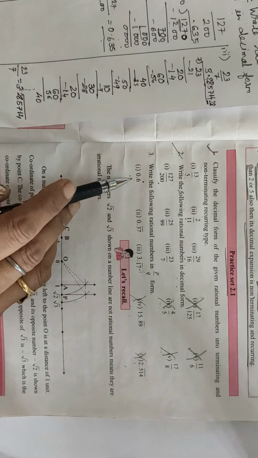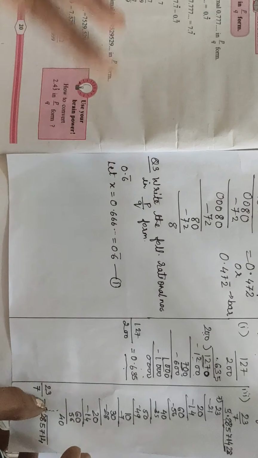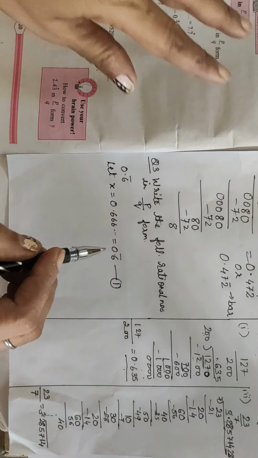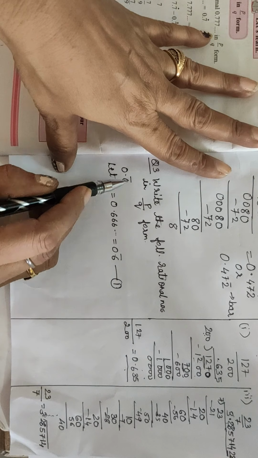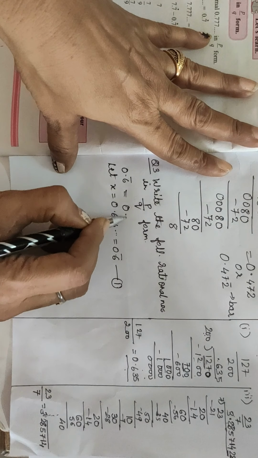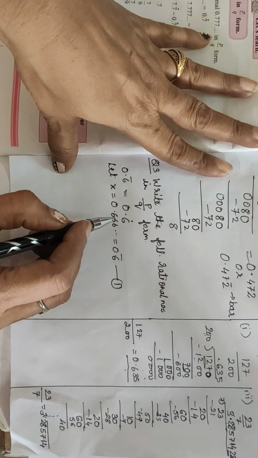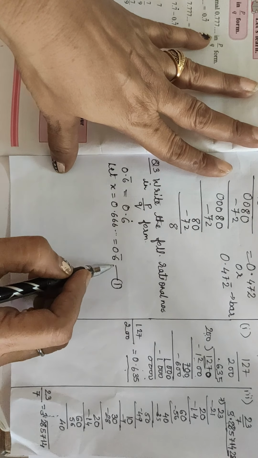Now what is the first sum here? 0.6 bar. Let's see how to solve this. It's also easy. See, let us take whatever the question given as bar, or you can write this as 0.6 dot. I told you, you can put a dot if one digit is repeating. Okay, so 6 dot means 0.6666, that is 0.6 bar.